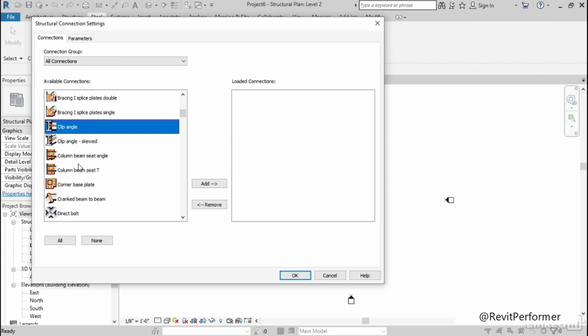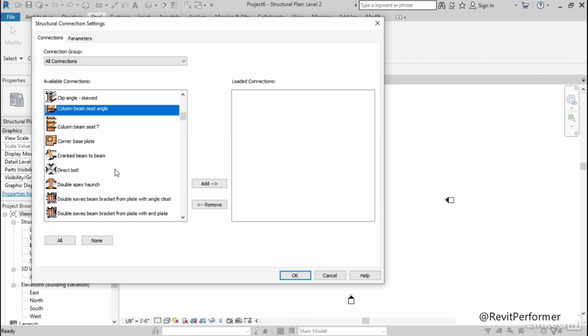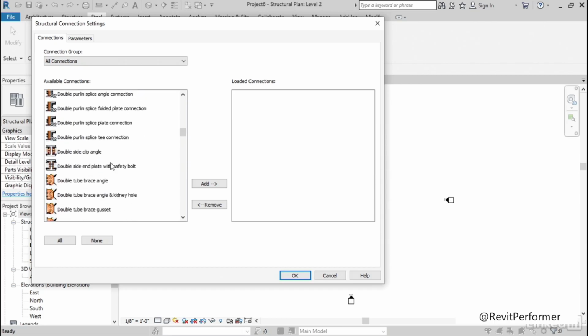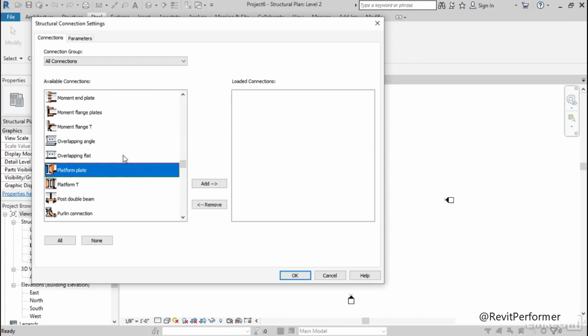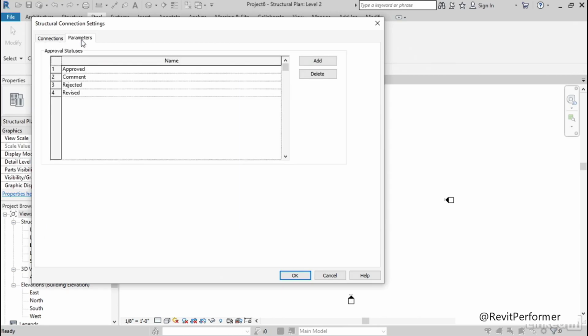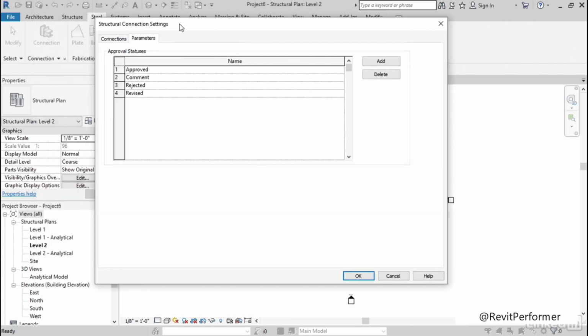Click angle, column beam seat. Look at how many there are. I haven't counted them, but I'll bet there's 100. Pick whatever you want. Click add. Now if we notice, we can go to the parameters. These parameters can show up in our settings. So if we add one, I'm going to call it placeholder. So what we can do is schedule on this. So if I click OK,